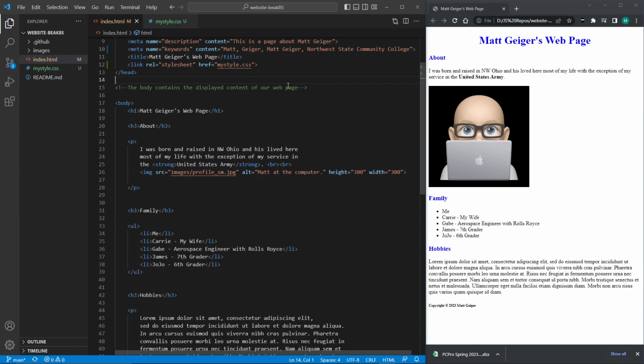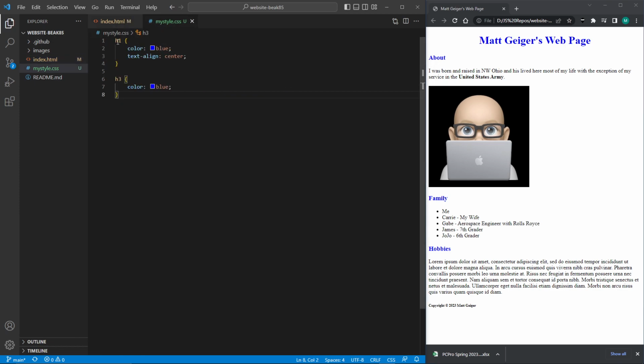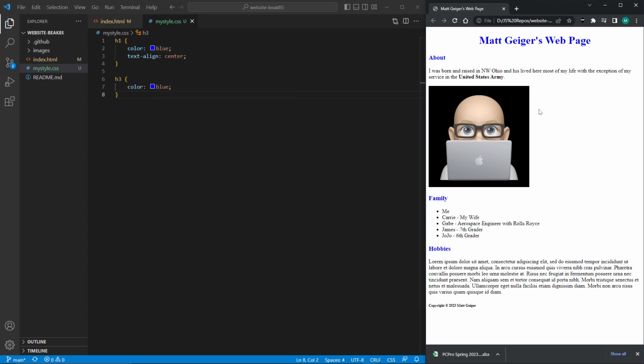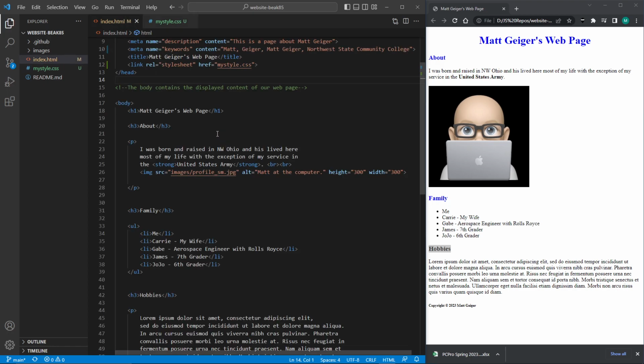All right, so let's go down here. We have our website. We have our H1s and H3s. I've changed them both to blue. If we look over here at my web page, I have all of our H1s and H3s set to blue. And the H1s are also set to center. Let's go over to our HTML page and go down to this